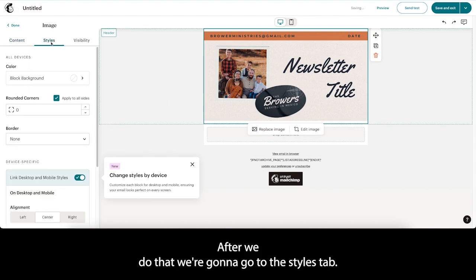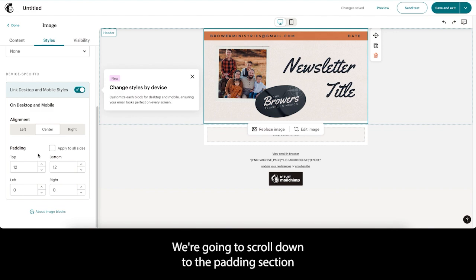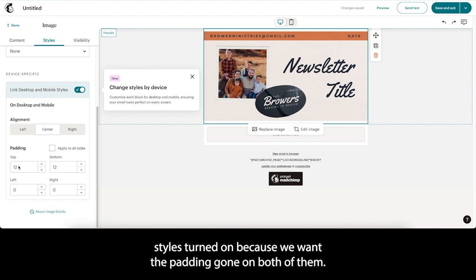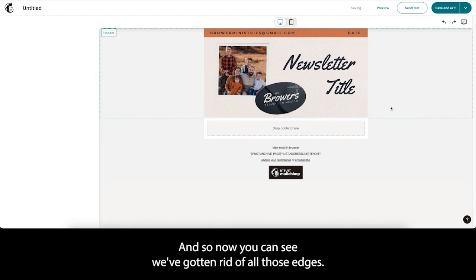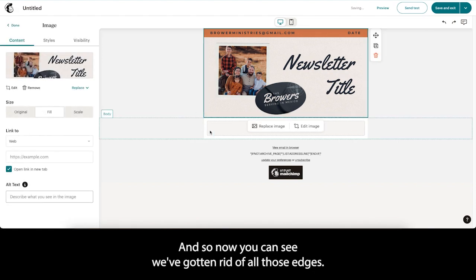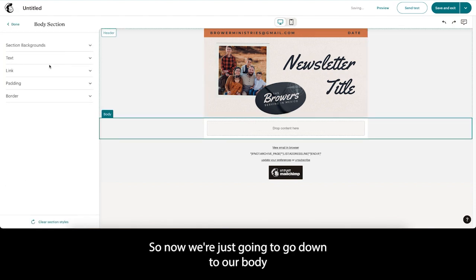After we do that, we're gonna go to the styles tab. We're gonna scroll down to the padding section and then make sure you have your link desktop and mobile styles turned on because we want the padding gone on both of them. So we're gonna just change it to 0 on all sides. And so now you can see we've gotten rid of all those edges. So now we're just gonna go down to our body,